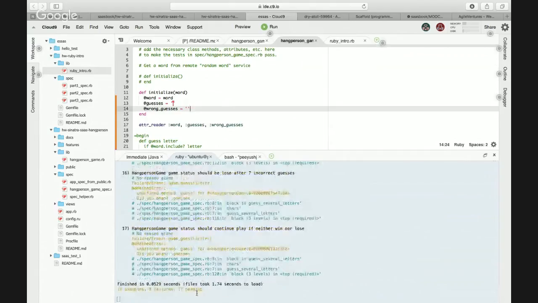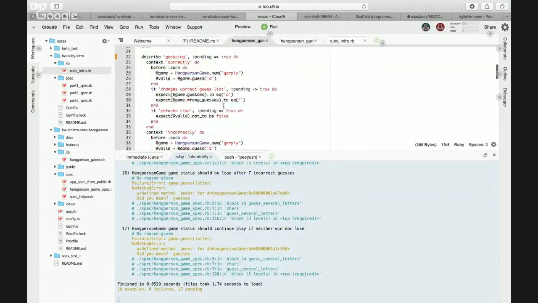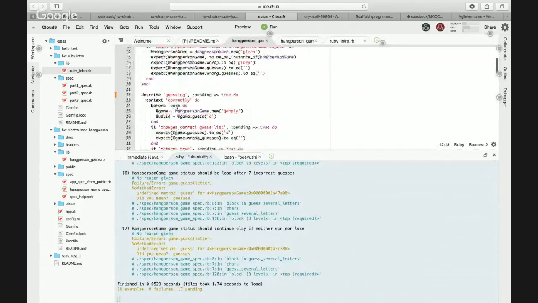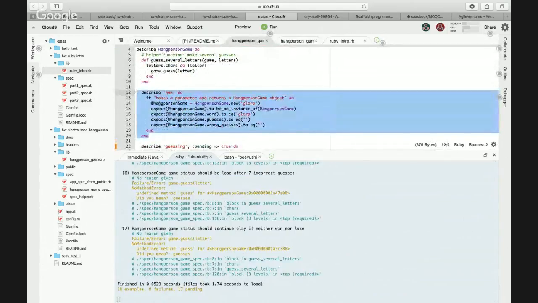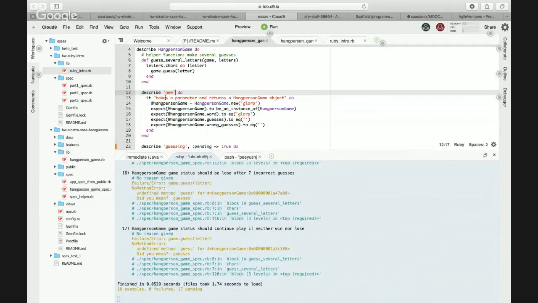Yes, it is only saying that these 17 are pending and 0 failures. So that means one passed. You did your constructor. If you see, I have removed that pending true from this part of the RSpec file. Guesses is equal to blank, and wrong guesses is equal to blank. Okay, all right, so we passed that test.